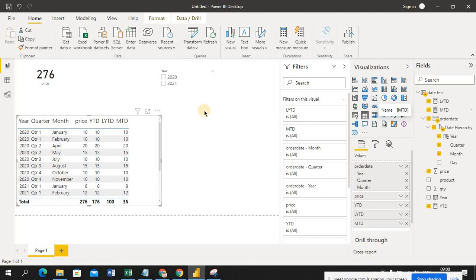The same way for last year MTD, like the same month I'm in. Now currently I'm in Jan. If I select last MTD, it will go to 2020 Jan sales, so I can do a comparison of my sales for this current year compared with last year. So this is how we play with the time intelligence functions, guys. It's very important. If you have any doubts, please ask me in tomorrow's class and we'll discuss, because time intelligence is very simple if you understand. If you don't understand, it's very difficult.